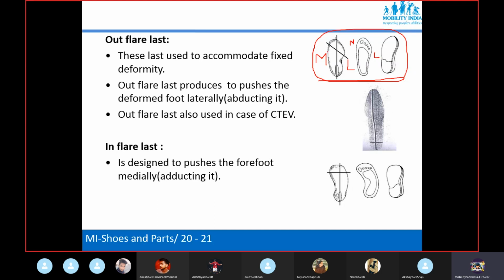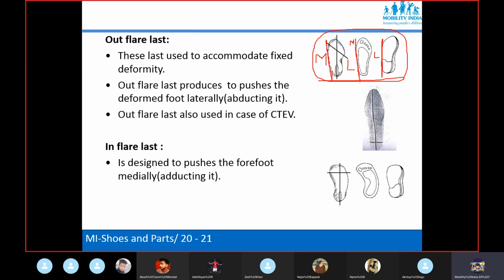In the odd flare shoe last, again you can see the complete medial border of the shoe. What are you seeing? What is this line showing? Straight, yes.